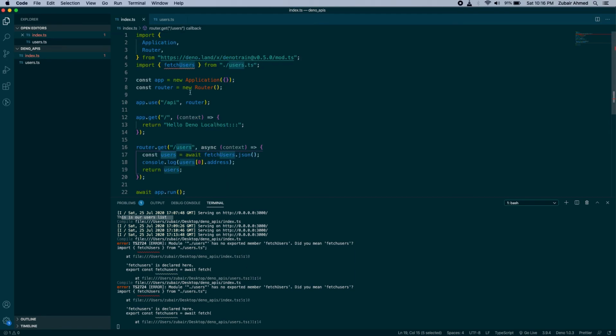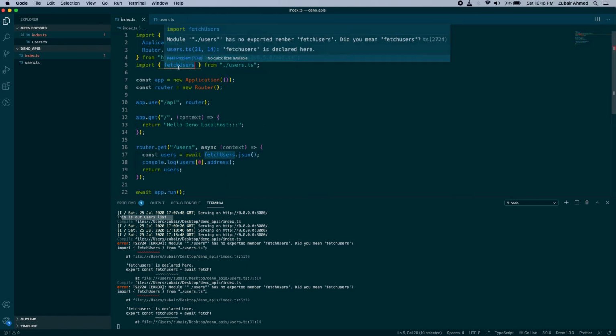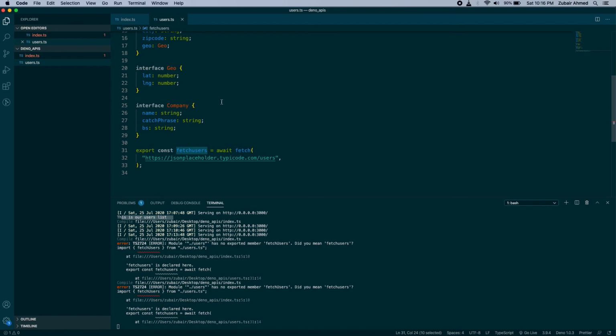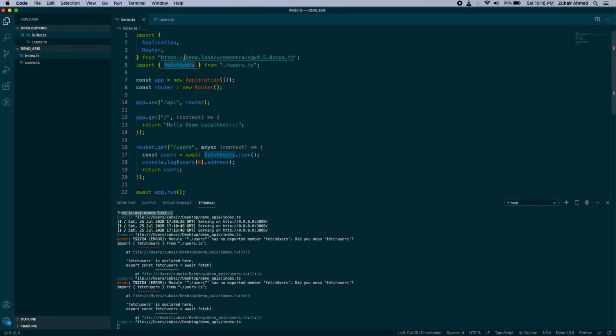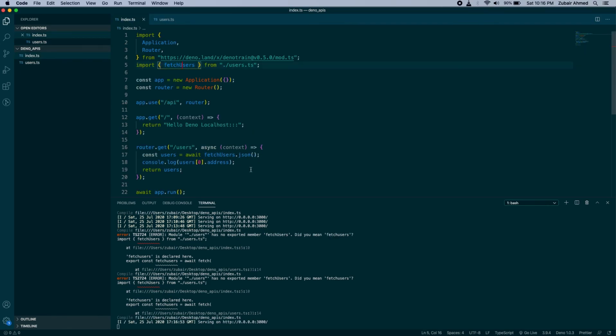It says fetchUsers from ./users has no exported member fetchUsers. Maybe some spelling mistake. Yeah, I am using a small u. Let me put that users with a capital U. Now the error has gone. As soon as you hit save, you will see this line which shows that our server is running correctly.